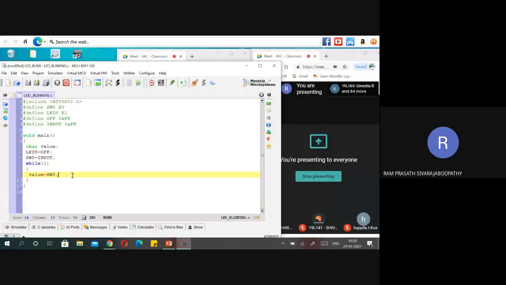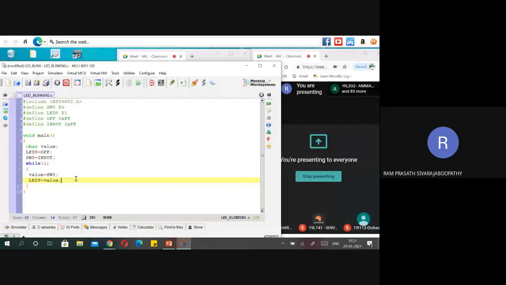Okay, fine. Now we have read the 8-bit logic from the port where we have connected the switch. So now what we have to do? We have to write the same logic that we have read from the switch input into the LED. Yes. So always have the habit of reading the code and writing. Okay. In the previous class, we got some error. I mean, our program is not working. Our program didn't work. The reason is you have to think about one very important criterion. Okay. When we are talking about port,